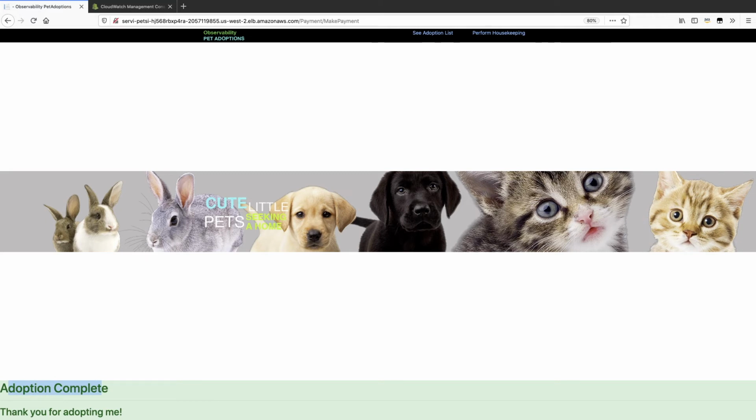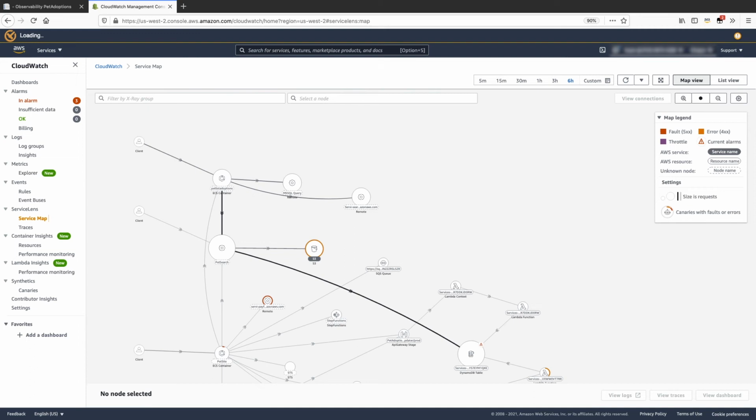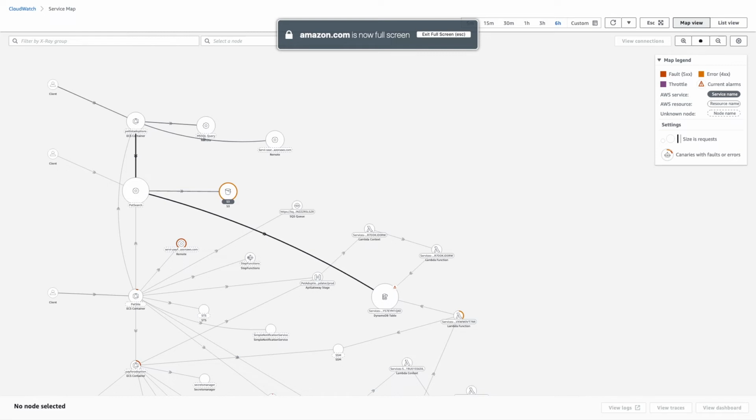Let's jump onto the CloudWatch console. Where should you look first? Metrics, logs. There are so many of them, and it will be very time-consuming to figure out which one caused a problem. Luckily, you just need to click Service Map in ServiceLens. It provides an end-to-end view of your application, and it helps you more efficiently pinpoint performance bottlenecks. To see a service map, you must have installed AWS X-Ray and completed the other ServiceLens deployment steps.